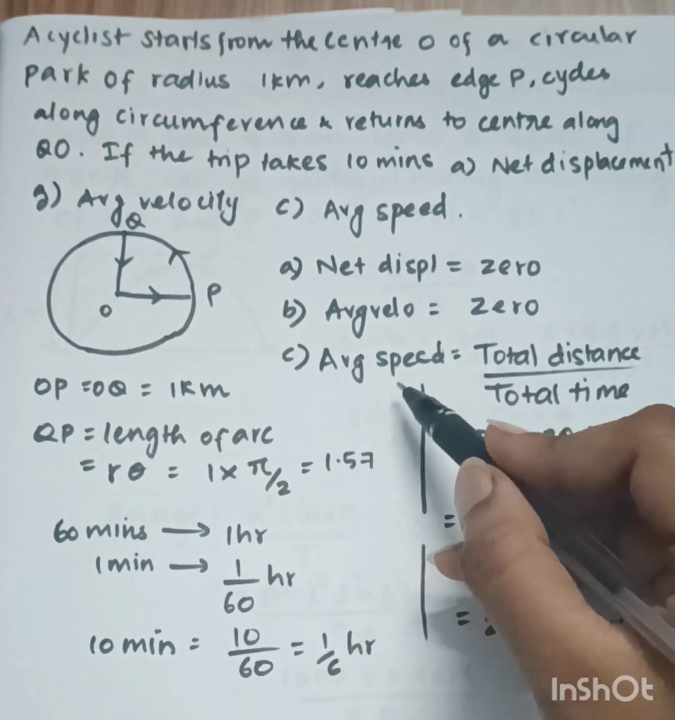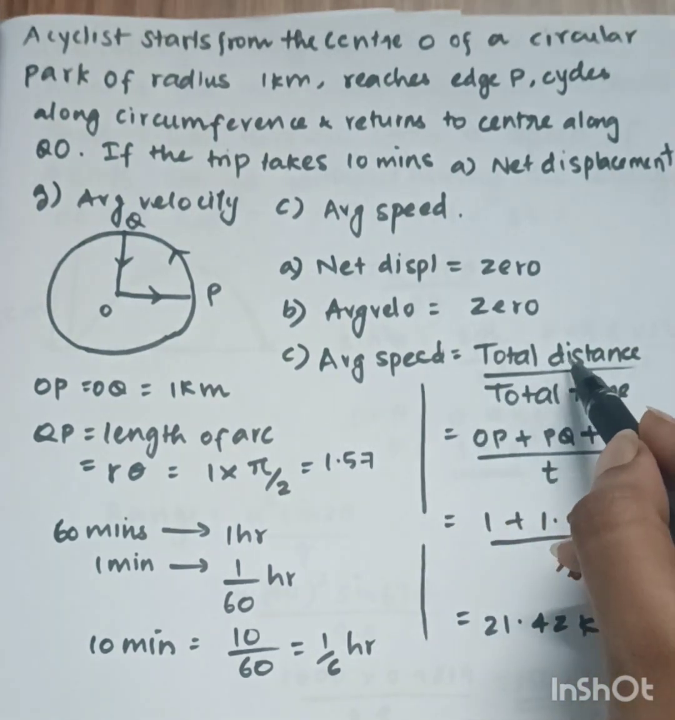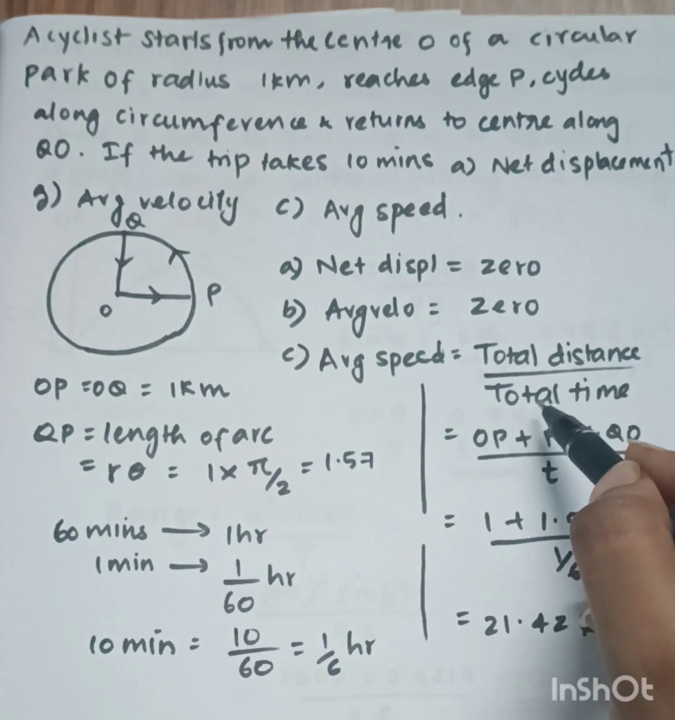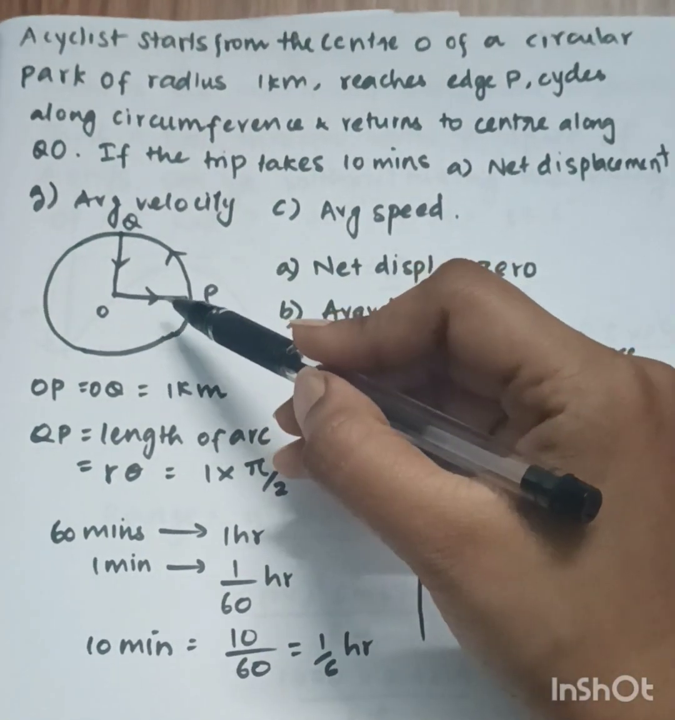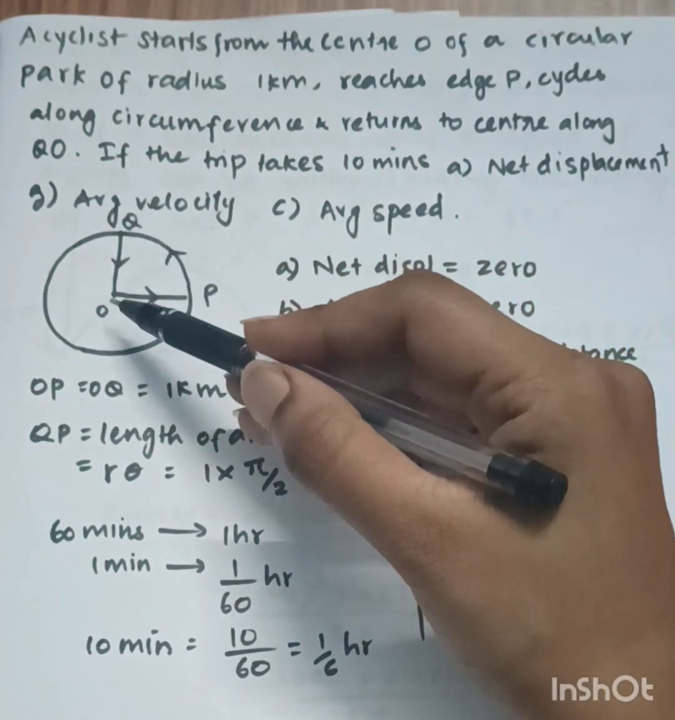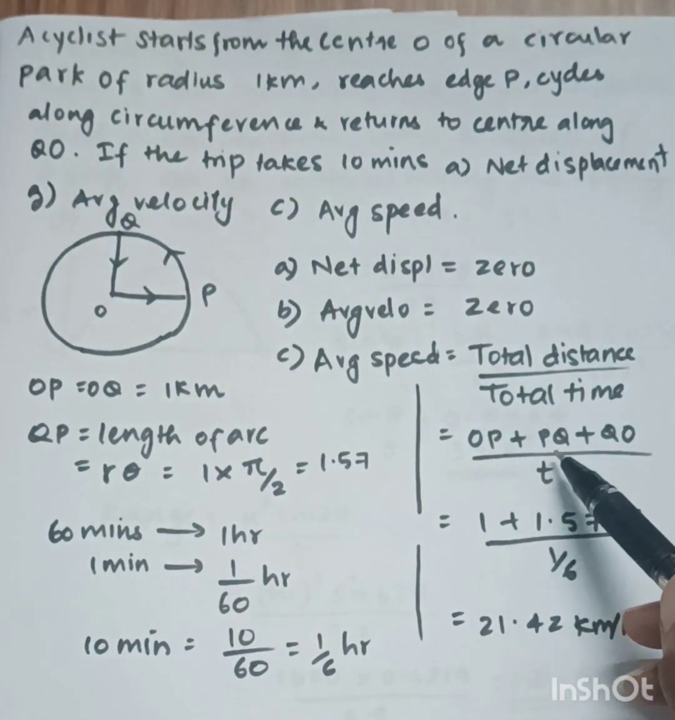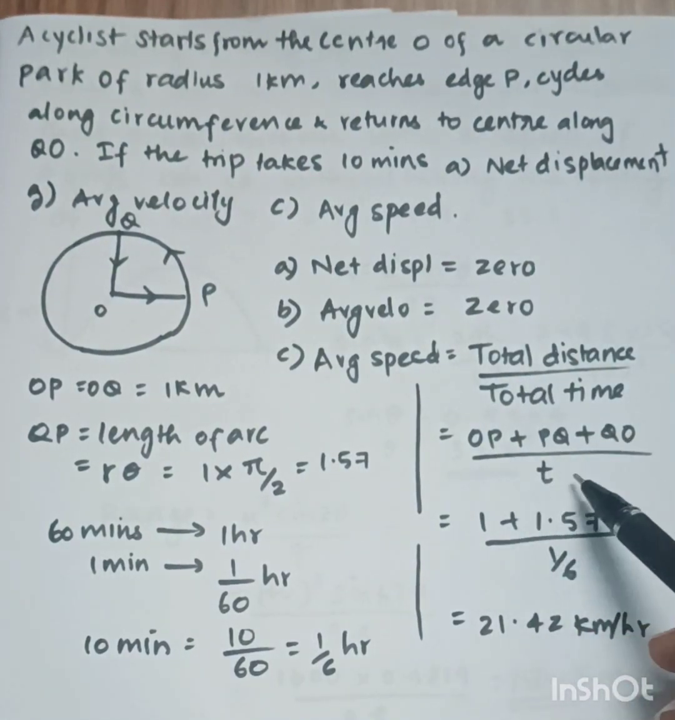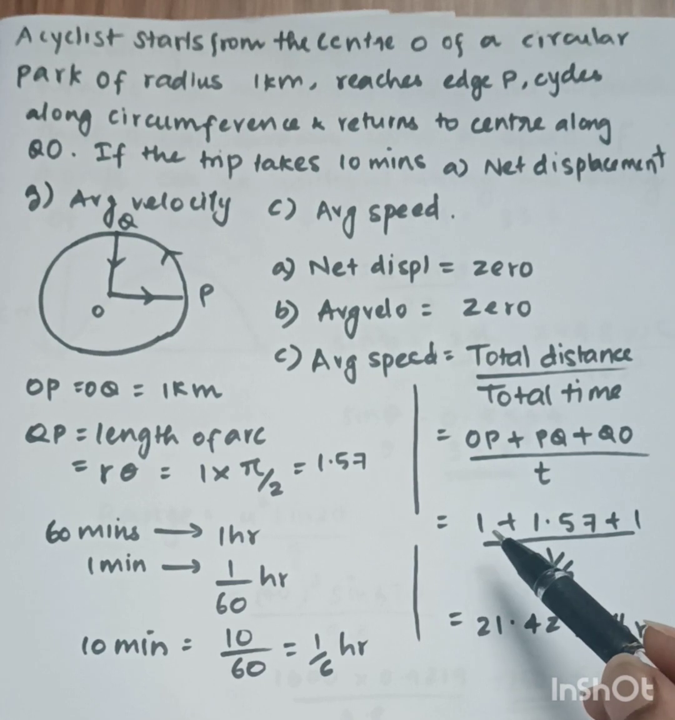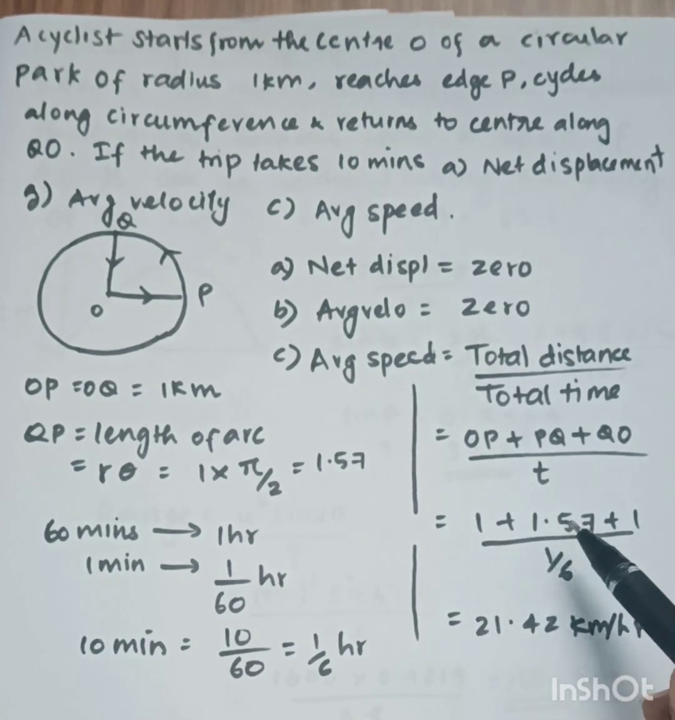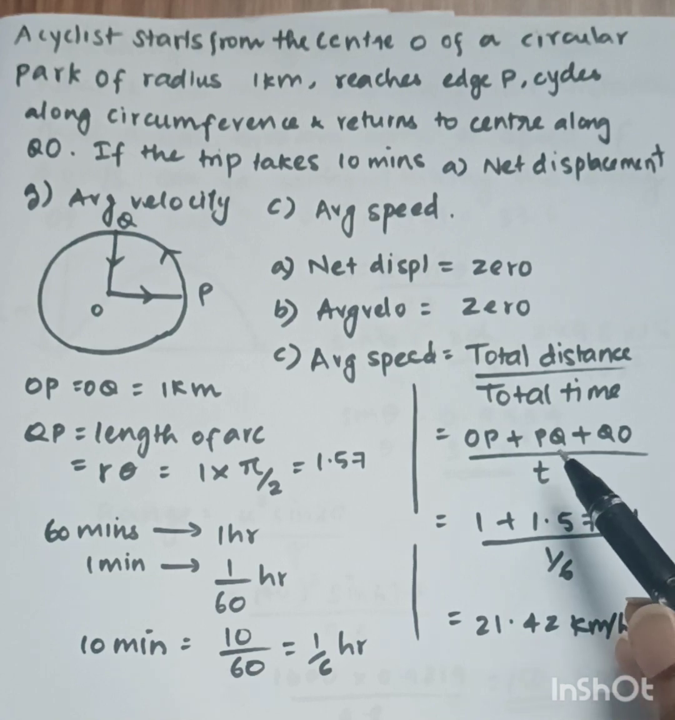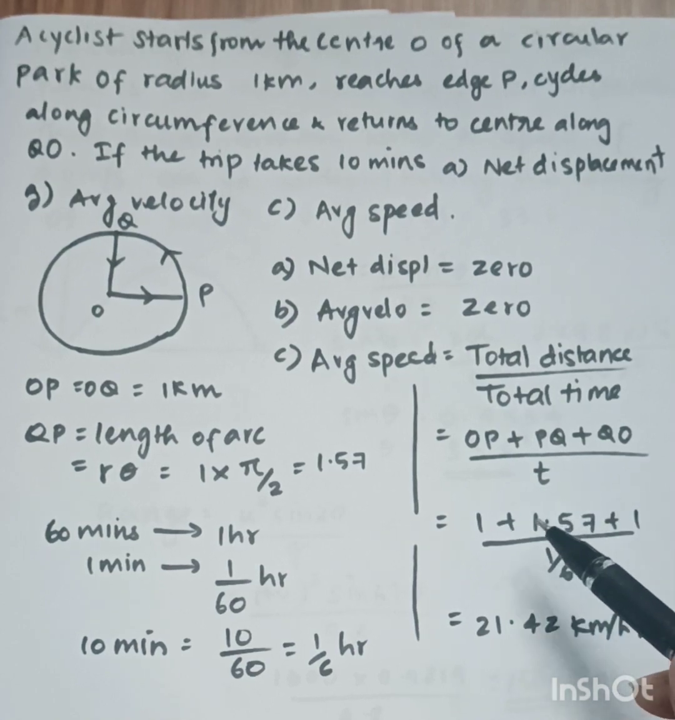What is average speed? Average speed is total distance by total time. What is the total distance? It is OP plus PQ plus QO, divided by total time T. That is 1 plus 1.57 plus 1. Why is it 1.57? The length of PQ is 1.57 because